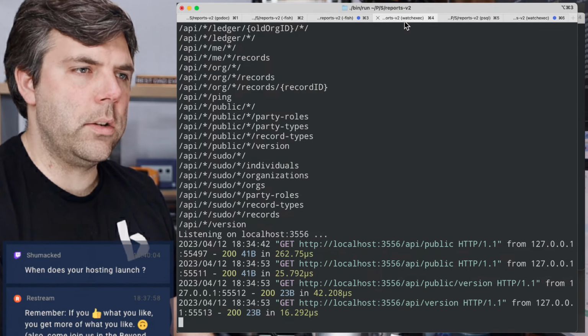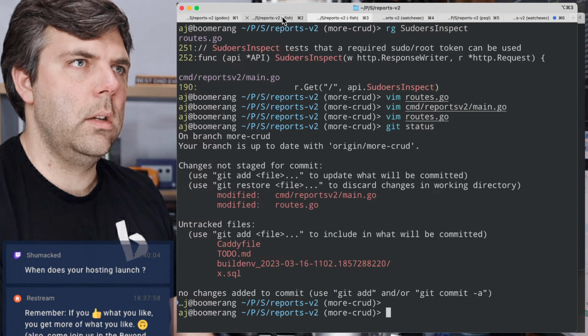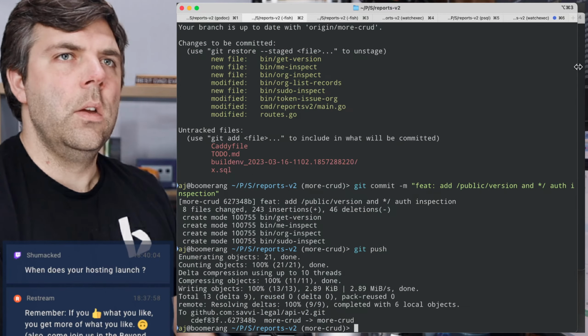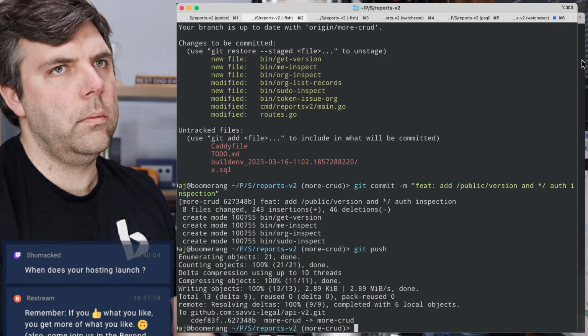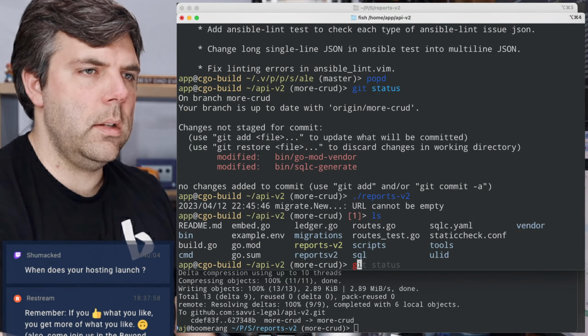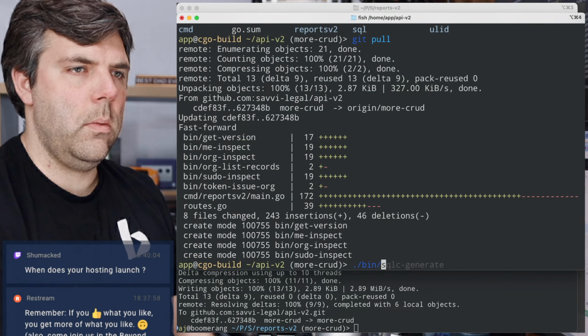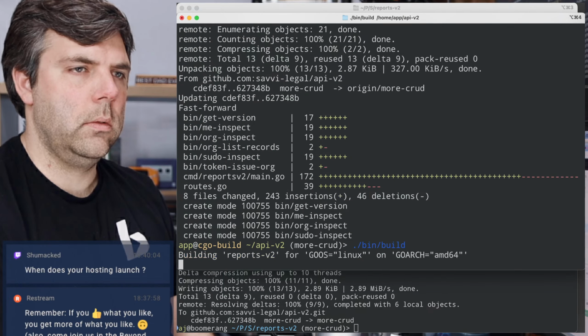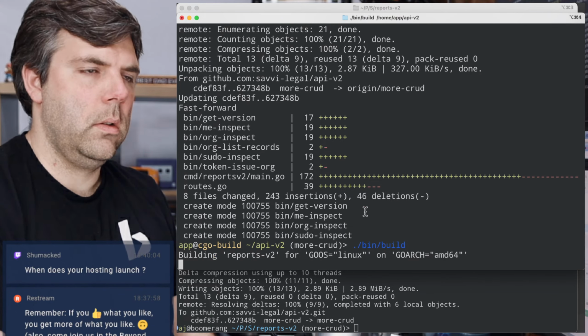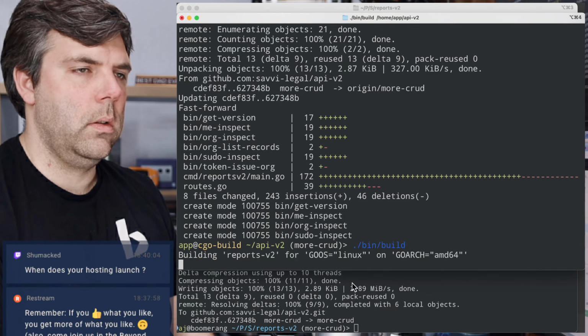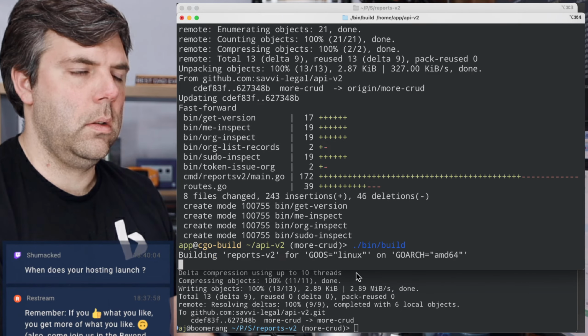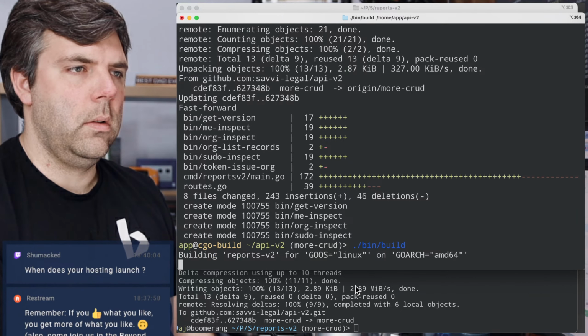Let me make sure this is actually, yeah, it did build and everything. Okay, so from there, I get back into this thing, I pull, I build again. Seems like that took a really long time.